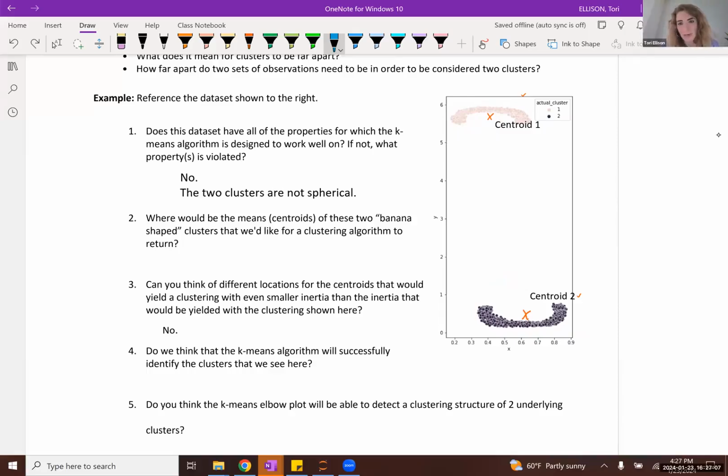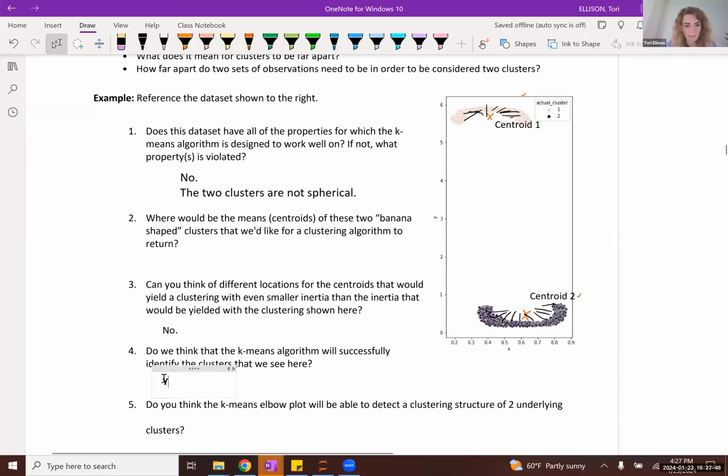So the thing here is, basically, if we were to put those centroids in any other location, like maybe here or here, the resulting amount of inertia of the observations assigned to that centroid would be markedly larger than the inertia that we would end up getting if we simply had these centroids in these locations. And again, our inertia is the sum of the squared Euclidean distances of all observations to their respective centroids. So this looks, generally speaking, relatively small.